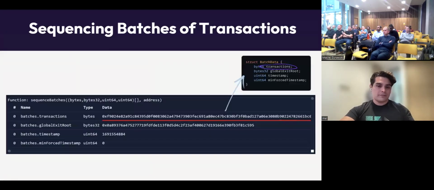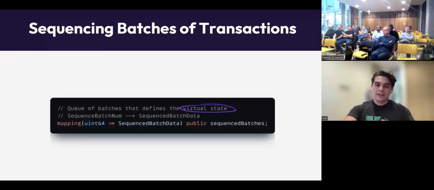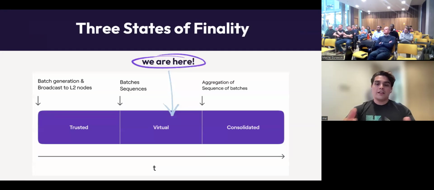And you can have any number of batches, usually around 50, I think also. So you're already scaling 250 transactions per this single interaction between the layer 2 and the layer 1. So once this gets packaged and it's ready to be sent into the layer 1, that's where we get the communication into the smart contract, where all the batch transactions get stored in a mapping in the smart contract, as you can see here. And we use this information on the layer 1 contract, the Polygon zkEVM contract, to do